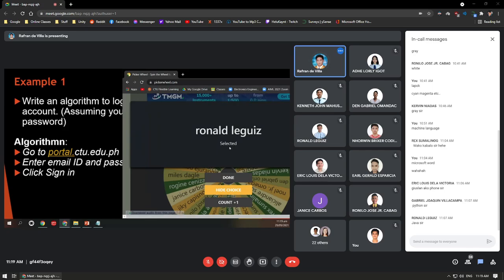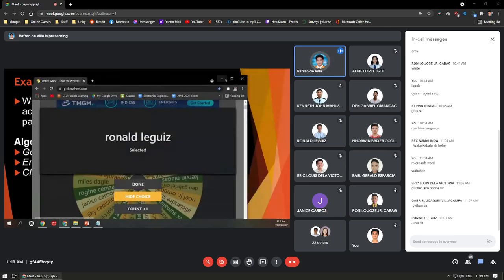Okay? Then you retrieve your new password. Then you go back to portalctu.edu, enter the email and the password, then sign in. Okay? Since the website has no control over that, just like with a computer, if it has no control over that, how can he or she perform that